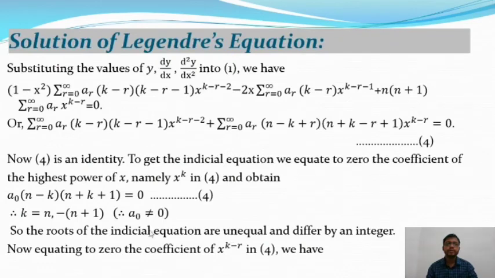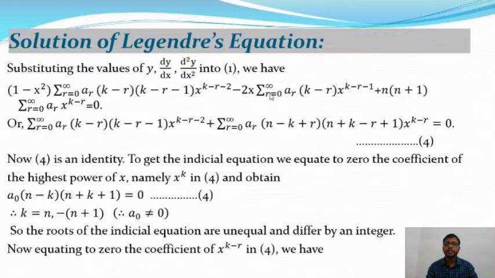So now, substituting the values of y, dy/dx and d²y/dx² into equation 1, that means into the Legendre equation, we have (1 − x²) times the second-order derivative, that is, the summation over r = 0 to infinity of r(k − r)(k − r − 1) x^(k−r−2), minus 2x times the second term of the Legendre equation,